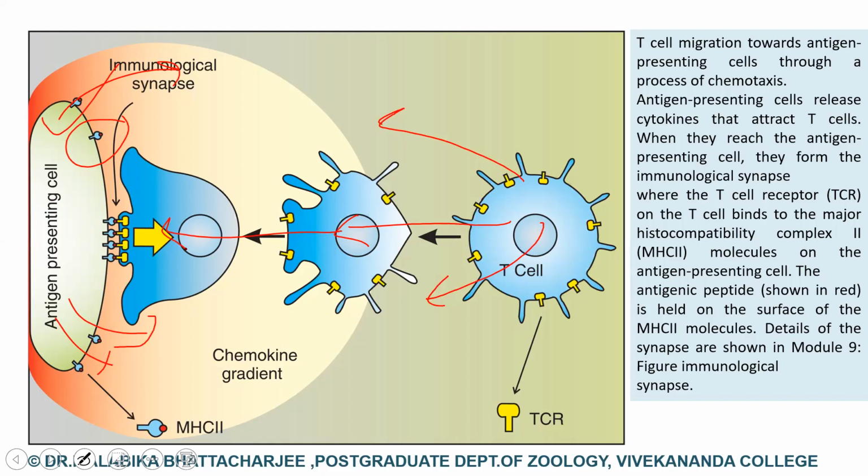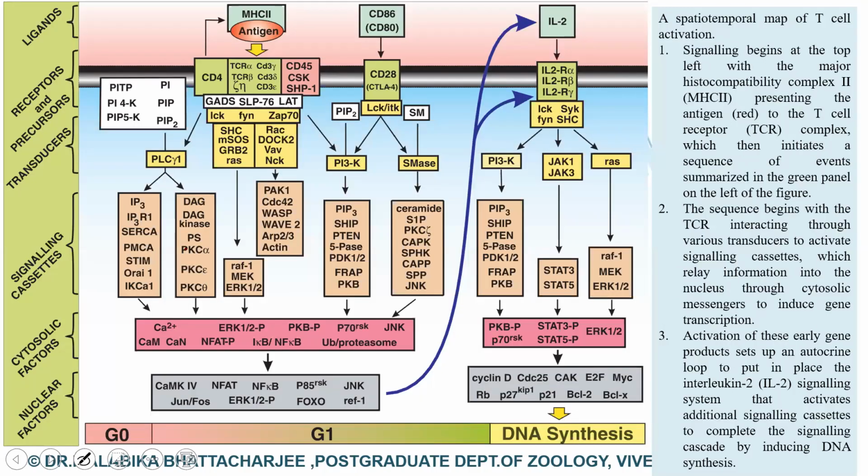The signals are perceived by the CD3 molecules. The CD3 molecules are activated and the signaling cascade starts downstream. So at the surface level, this interaction is happening between the T cell receptor and the peptide MHC class 2 complex. If I look into the signaling cascade operative in the T lymphocytes, the moment it recognizes the peptide MHC complex, look at this one. This is the T cell receptor CD3 complex, T cell receptor CD3 and CD4 complex.